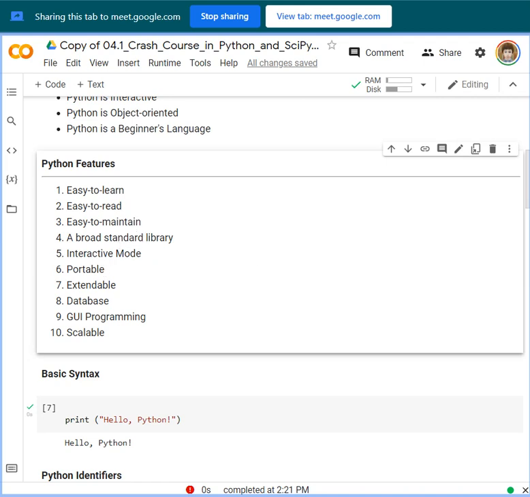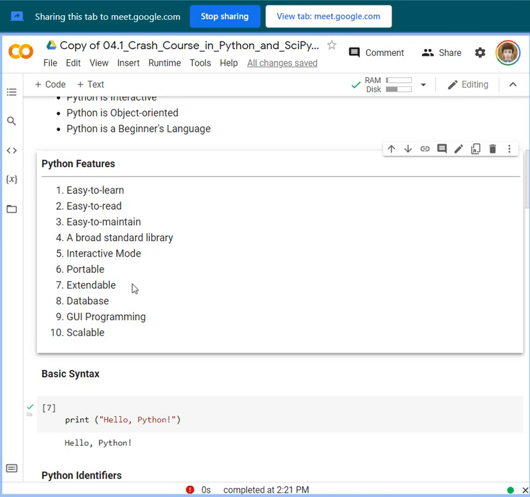So we will not go through each one, but basically, although you can see these in other languages, I think Python has an advantage in portability, and in its database and GUI support. When you say portable, it can run on a variety of hardware platforms.